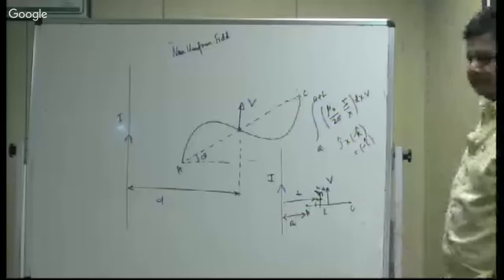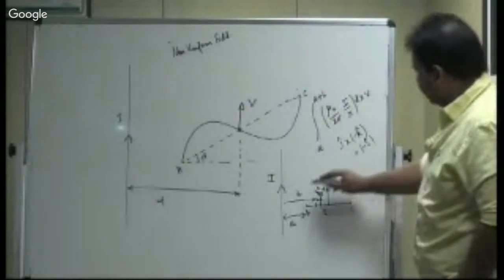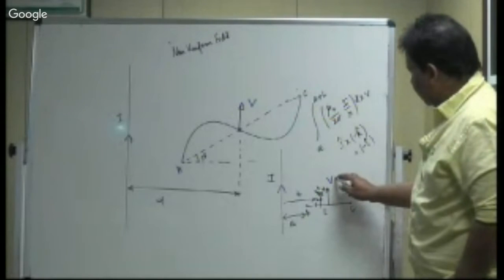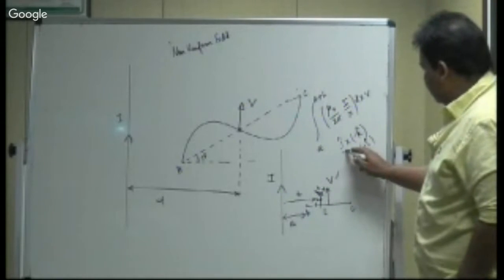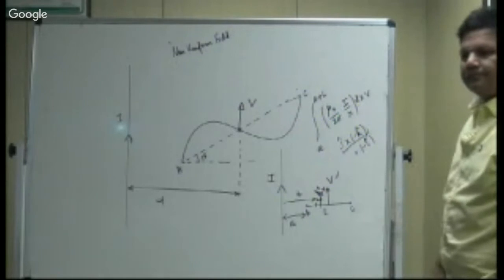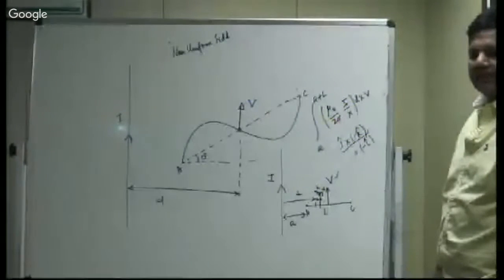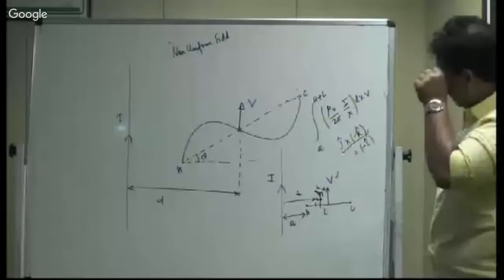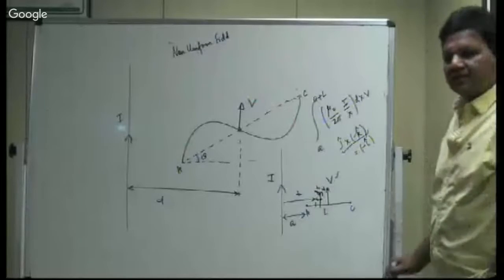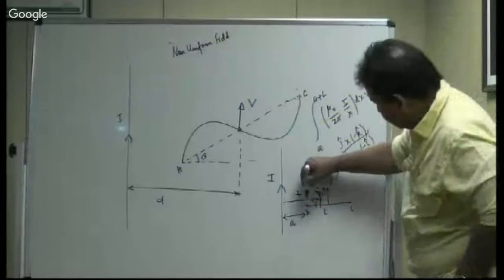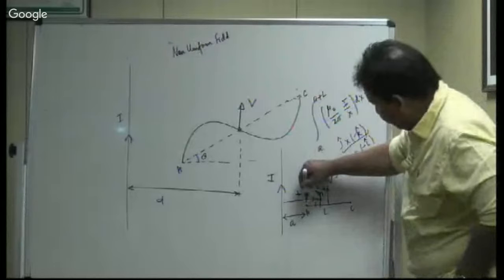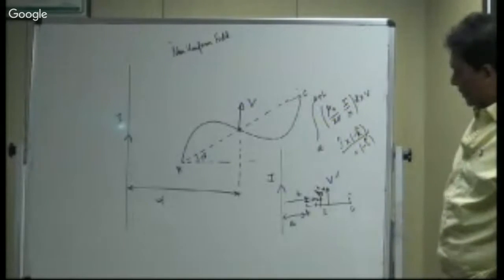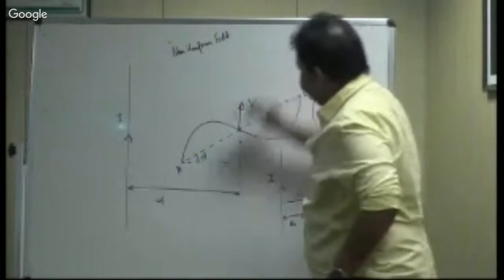कैसे? आपने क्या लिखा है अभी? V लिया आपने j cap, V cross B. What is V cross minus k? Minus i, which means the positive charge will move towards the negative x-axis, which means यहां पर positive charge होगा और यहां पर negative. Situation 1. Situation 2 could be